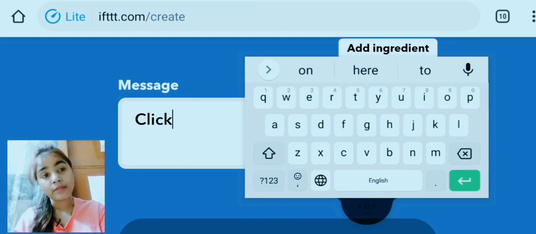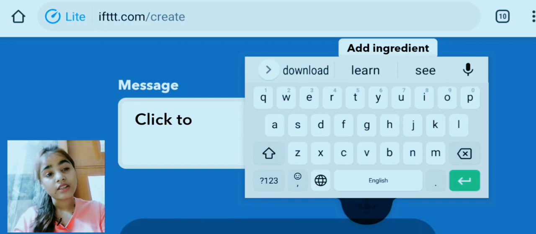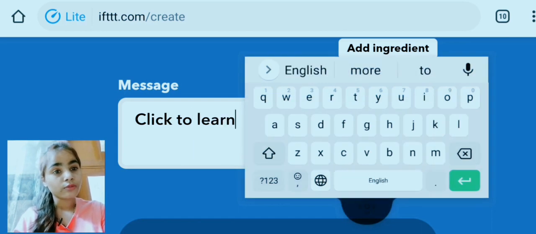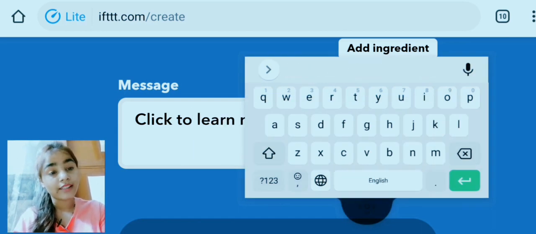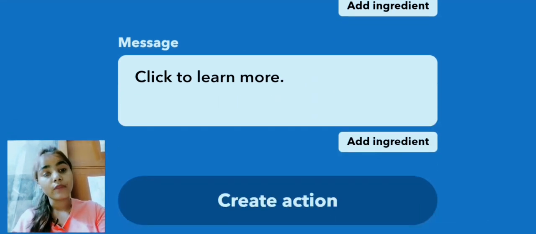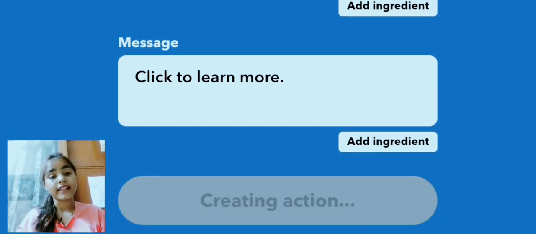I am adding this because if someone sees the link of my post, the person can read click to learn more and click on the link. So I think this is the best to add. So I have added it here, and after that creating action.